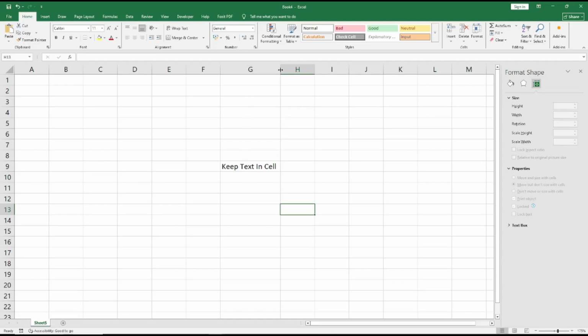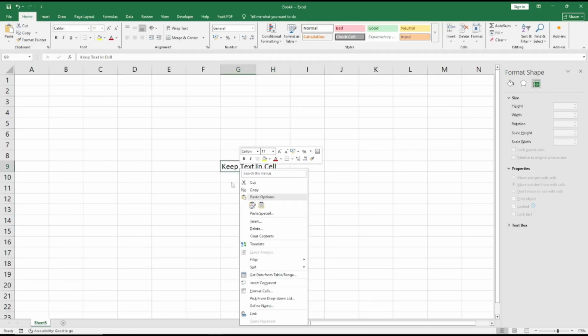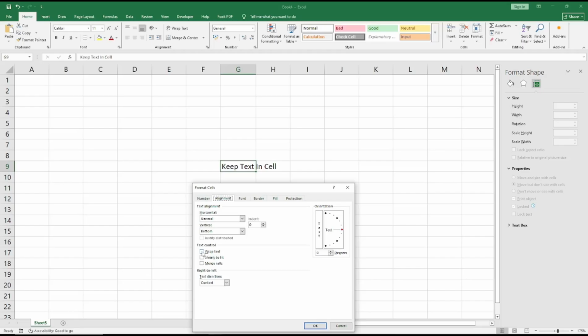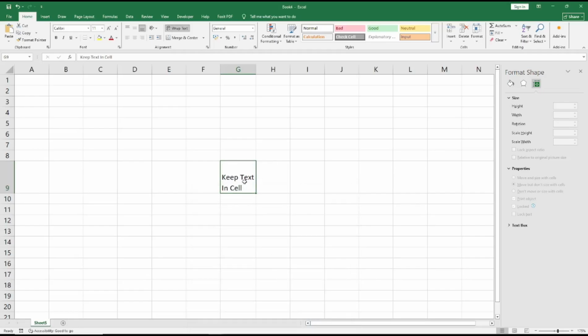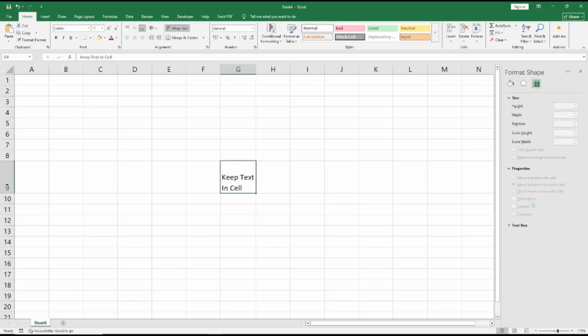But if you want to wrap this text, you can select the cells, right click and go to Format Cells. Next you can go to Alignment and then check Wrap Text. After that you can click OK. It will wrap the text and keep the text in a cell. You also can edit the row in here like this, or you can double click to make it fit